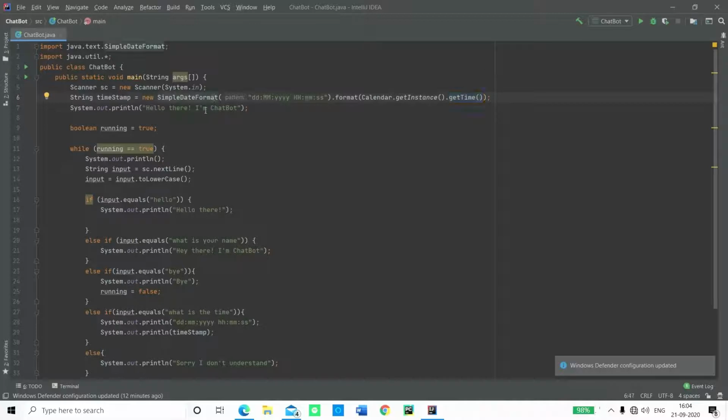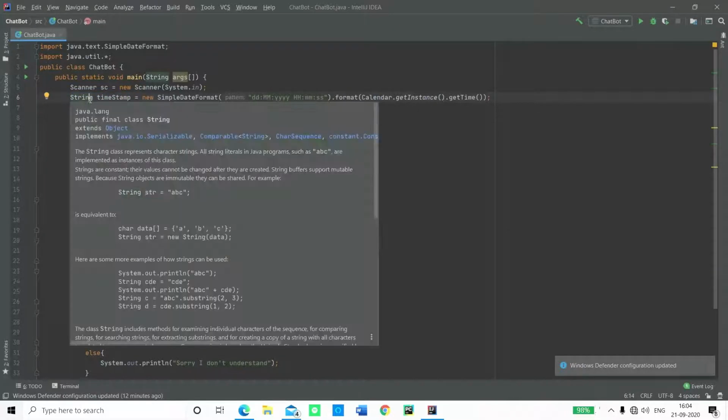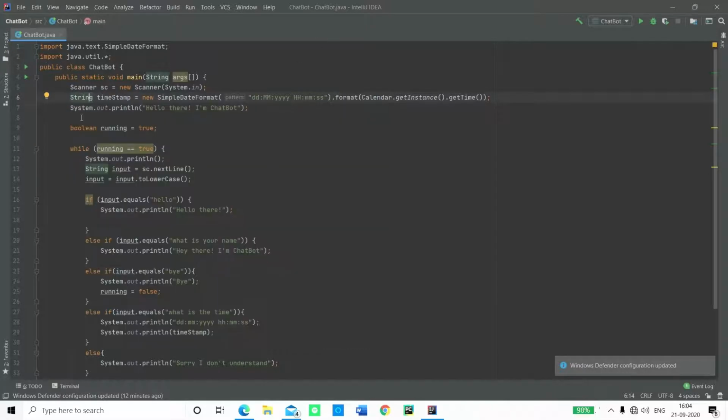All right, so let's once again try to understand the thing in simple easy terms. So it says String timestamp. We're initializing String timestamp, which is timestamp is being initialized with data type string, which means it can hold absolutely anything from numbers, letters, sentences, and whatnot, even special characters. Now we're making a new. So when do we actually use new? So we use the new word only when we need to make a new object, right? Simple. So next we have the SimpleDateFormat. So this is the object that we're making right over here.